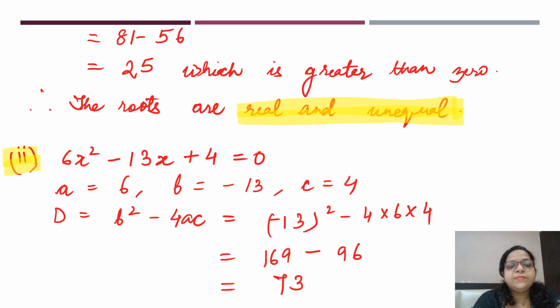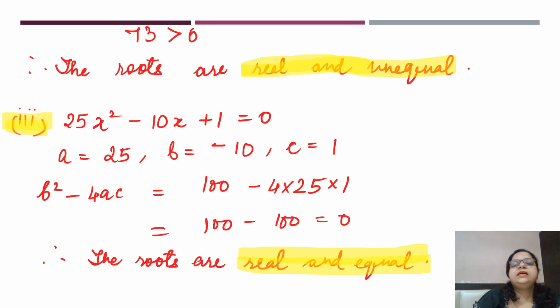Okay. Now coming to the second question, children. The second question says 6x² − 13x + 4 = 0. The value of a = 6, b = −13 and c = 4. Therefore, the discriminant D = b² − 4ac = (−13)² − 4 × 6 × 4, that is 169 − 96 = 73, which is greater than 0. So again the roots are real and